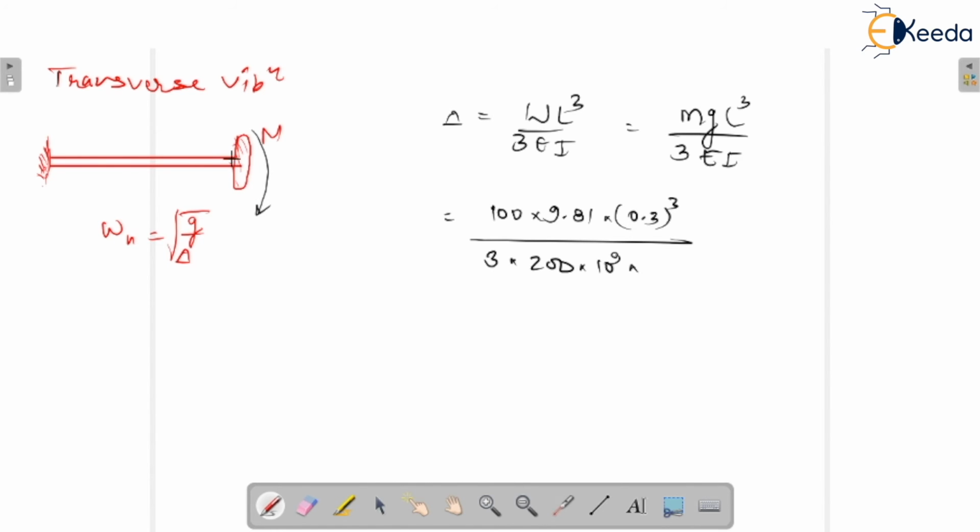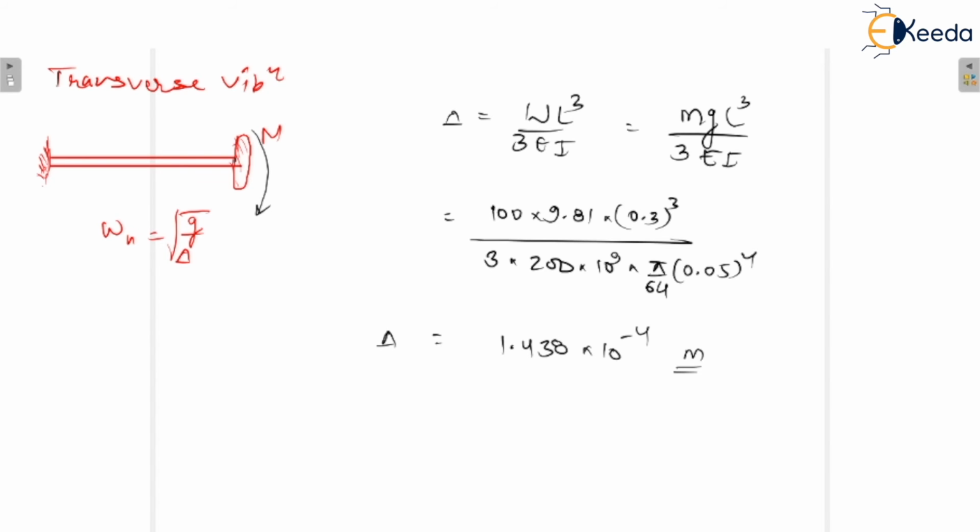Now this is the shaft, and for the shaft the moment of inertia is pi by 64 d to the power 4. The diameter is 0.05, to the power 4. Okay, so you just have to solve this. It comes out to be 1.438 multiplied by 10 to the power minus 4. Remember, this is in meters, not in mm. So we just have to put this value in these equations, and this is in meters,